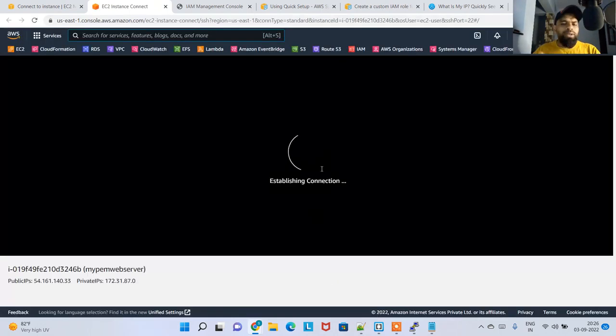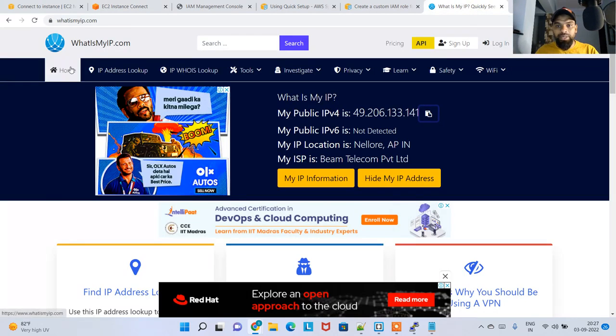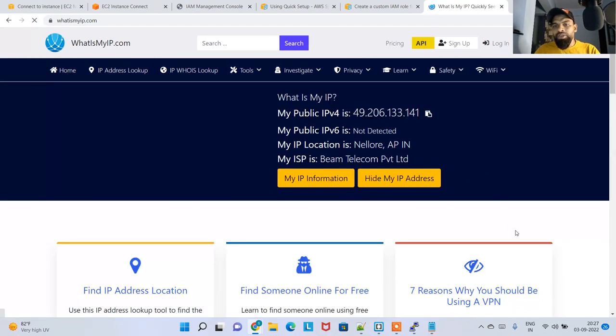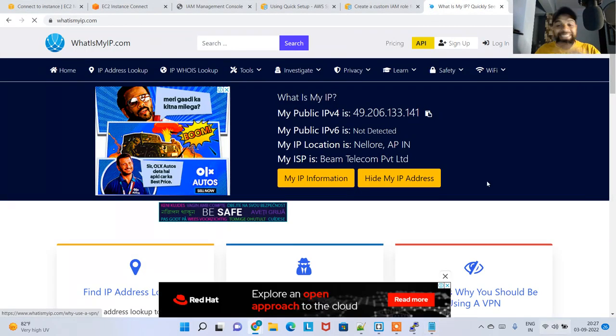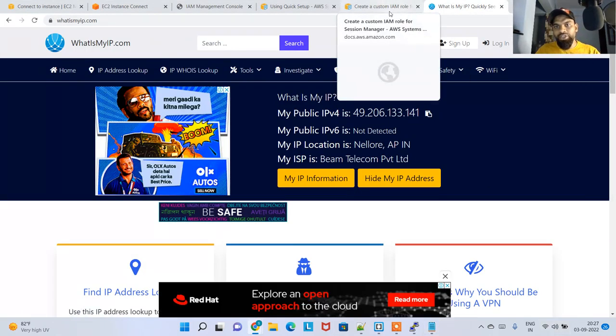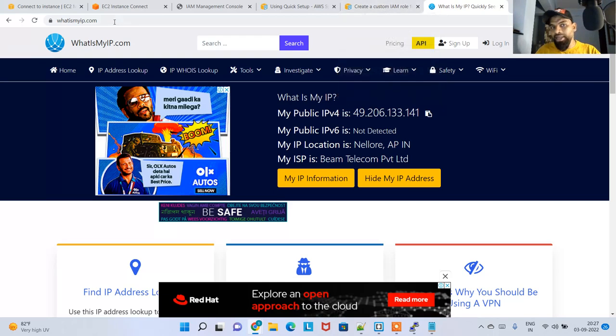It will establish the connection, because the public IP which I'm having currently, this is my public IP. See this, if you refresh it, it will not change until or unless you are disconnecting the current internet connection and moving, or if you're restarting the laptop, something like that, which we will